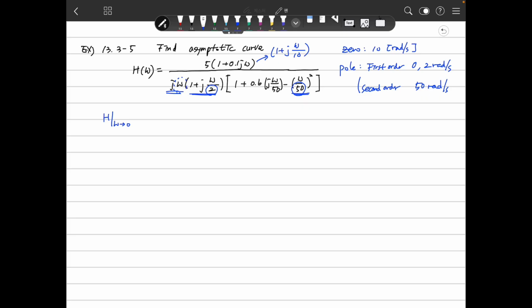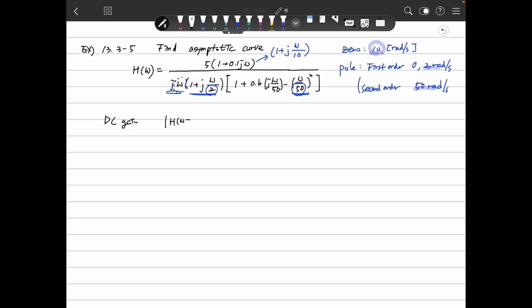So in this case, you need to fix some very small value, because the zero and poles are 10, 2, and 50. Then you can define a value very small compared to these. So to get the DC gain, in this case a very low frequency gain,